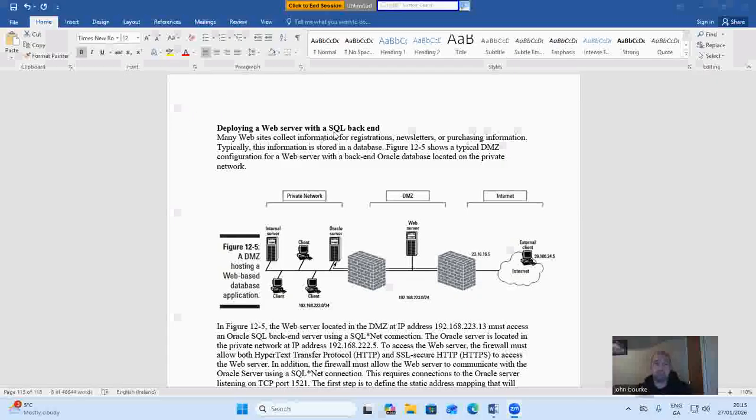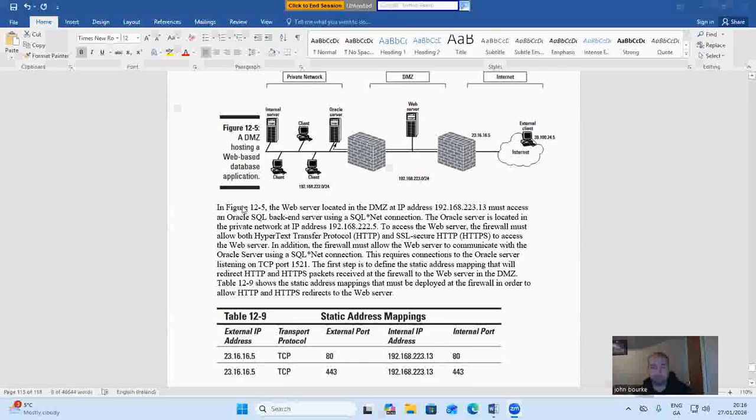Deploying a web server with a SQL backend. Many websites collect information for registrations, newsletters, or purchasing information. Typically, this information is stored in a database. Figure 12.5 shows a typical DMZ configuration for a web server with a back-end Oracle database located on the private network. In Figure 12.5, the web server is located in the DMZ at IP address